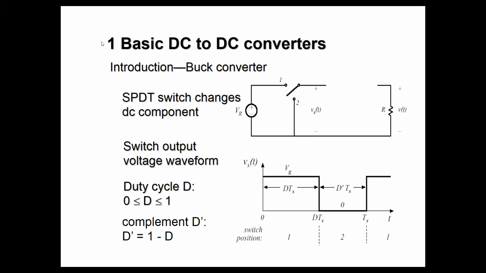So we were actually discussing the basic DC to DC converter. What are actually basic DC to DC converters? We have already studied this converter in the first lecture, in which we were given a load that was rated at 50 volts and a source that was rated at 100 volts, and we want to connect it, but the connection was not possible